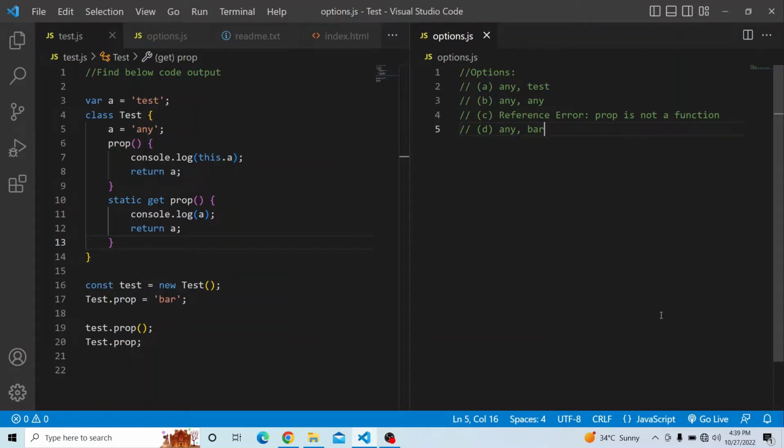In today's video, you have to find the below code output and you have 4 options to select from. So the question is, you have a var a keyword which is being initialized with the value test, and you have a class test which is having a prop method, and you have a static get method, and again you are trying to create a new test method using the small case test, and you are assigning the calling the